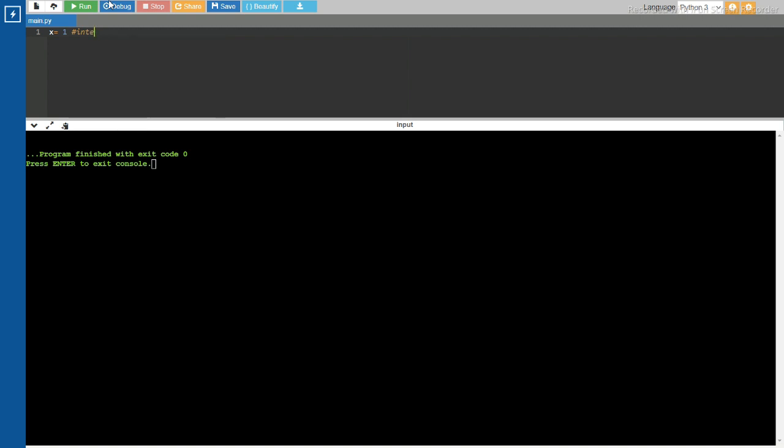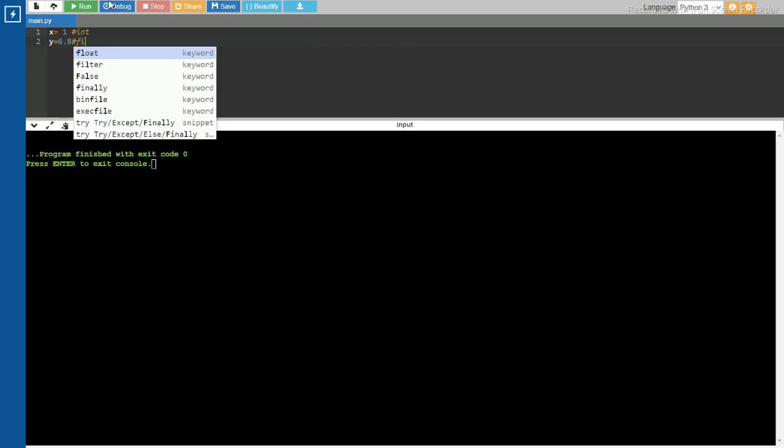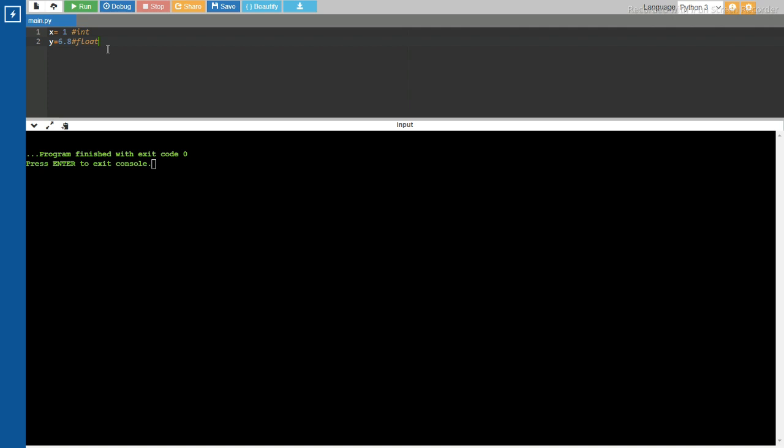Then next, let me take y equal to 6.8, and then the hashtag float. Up to here we discussed in our last videos, and now there is a new Python number that is called complex. See here, 1 and j, this is called a complex number. Let me write that it's a complex.